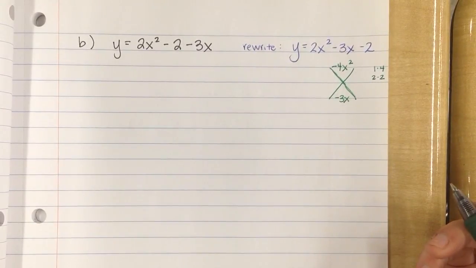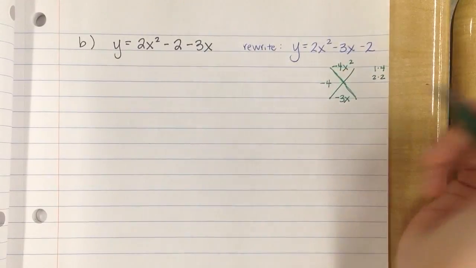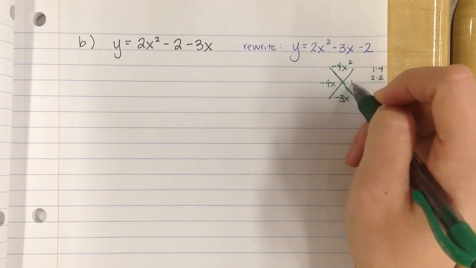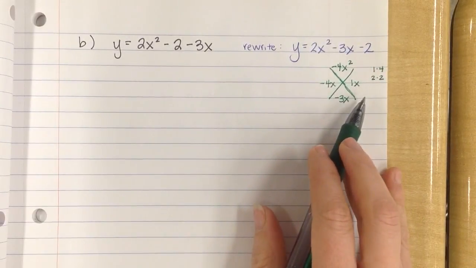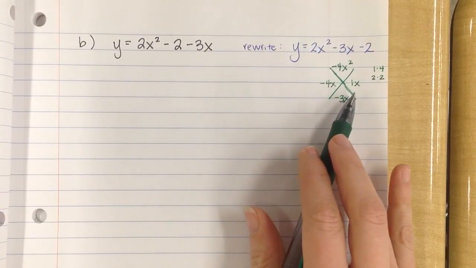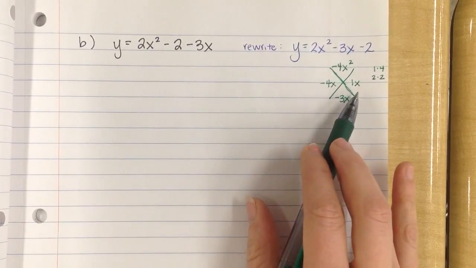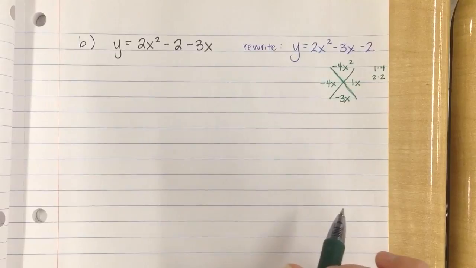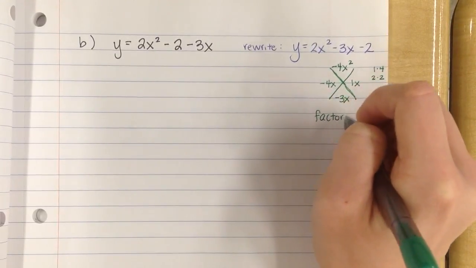Those are my only options. Therefore, I have a negative 4x and a positive 1x, and I can factor this. Negative 4 times positive 1 gets me a negative 4 up on the top. Negative 4 plus positive 1 gets me a negative 3 down in the bottom. Because this is factorable,